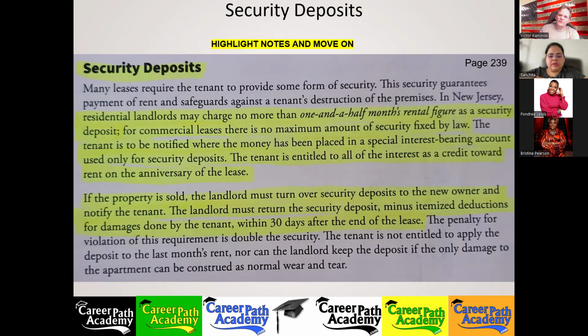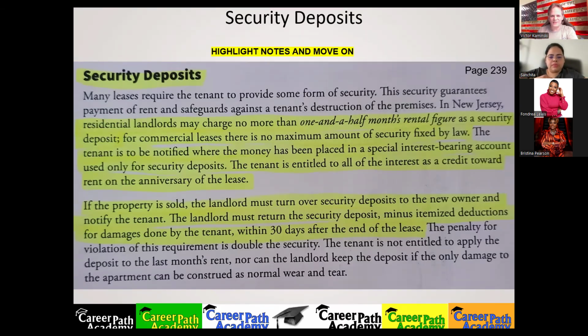It's also a good idea for landlords to put in their lease agreement that any damages or non-payments, late payments and things of that nature, will be reported on their credit reports. So the tenant is aware that you're not just getting their payment late, but you're also going to be reporting it on their credit report. Most landlords don't do that, so tenants don't give a crap. But if they know it's going to affect their credit, maybe it'll be more important to them.